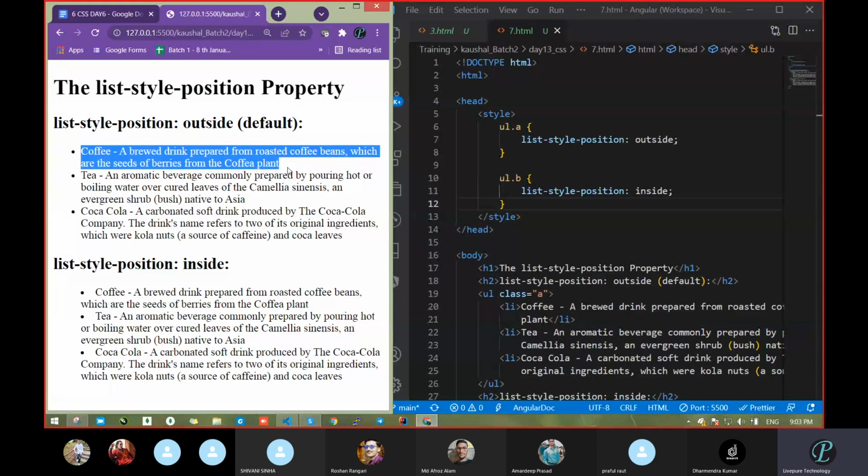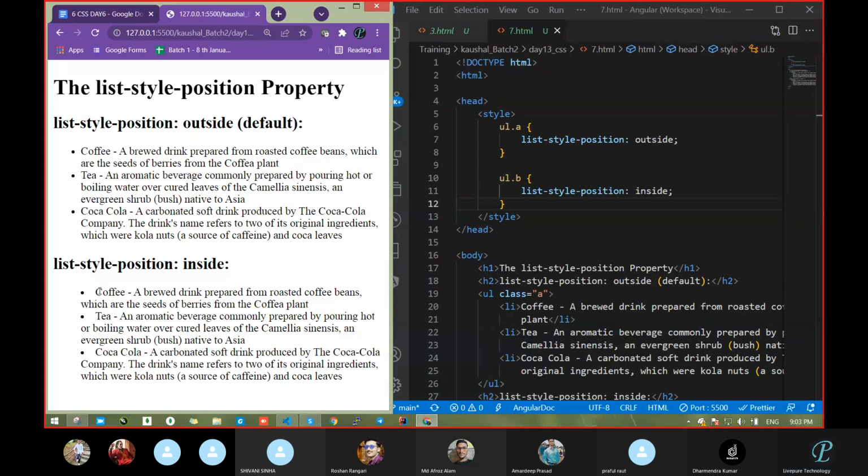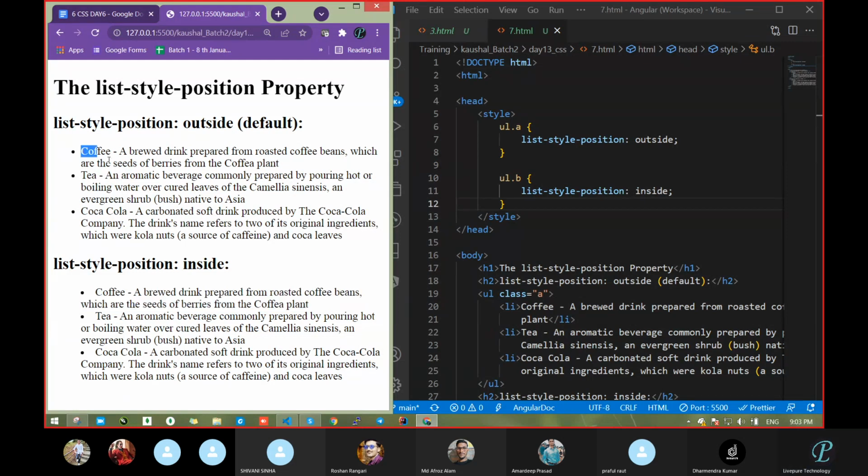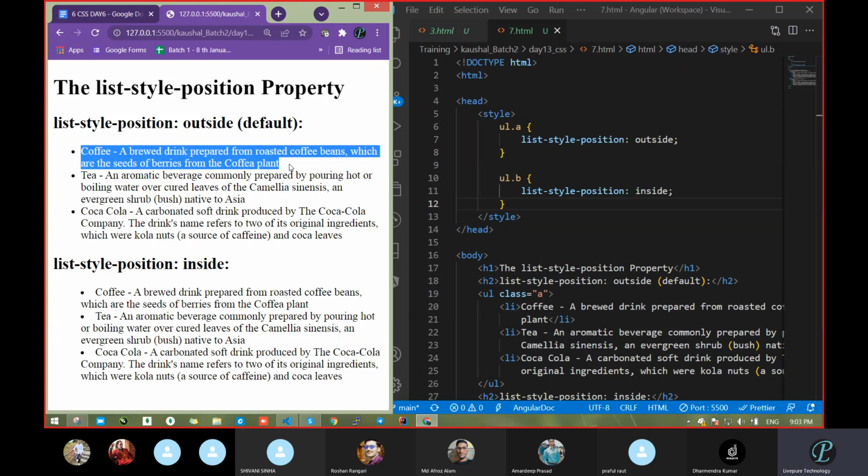It came in parallel, correct? But just go below. See this. Where is the text? The text is inside, correct or not? Whatever marker is there came inside, and in the previous one, it was outside. Clear? This is the thing it is doing.